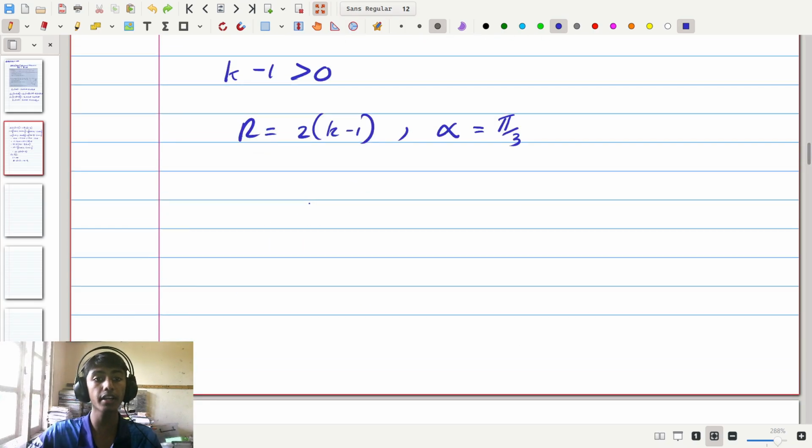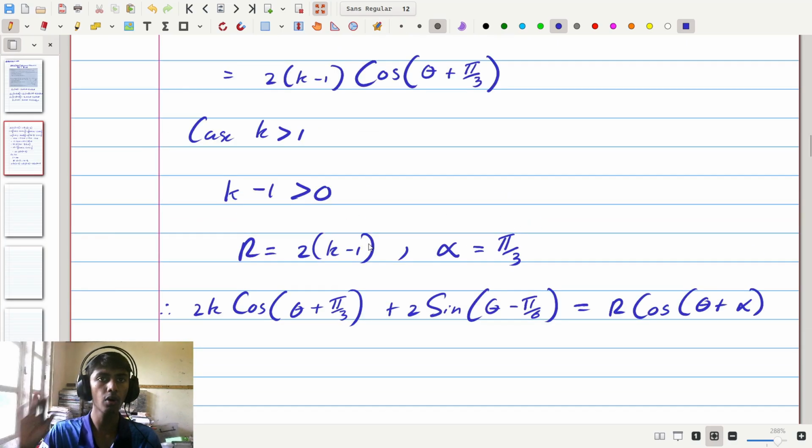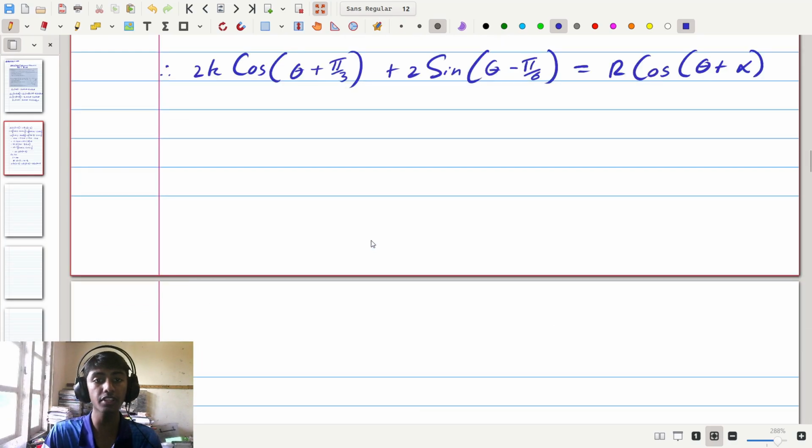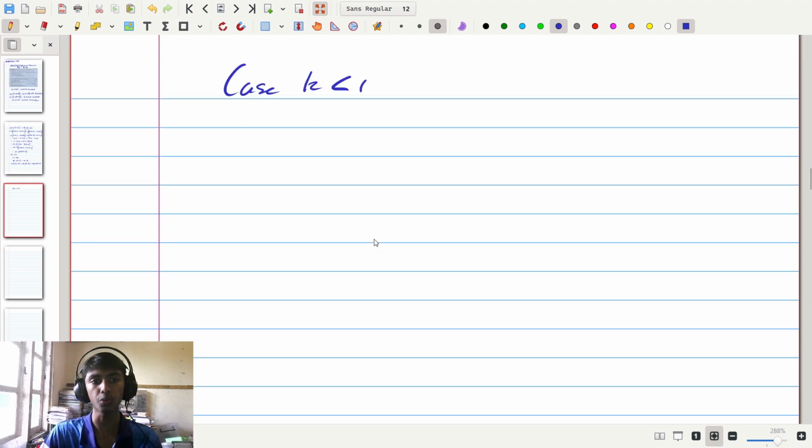And therefore we have the condition that we wanted, which is 2k times the cosine of theta plus pi by 3 plus 2 times the sine of theta minus pi by 6 being in the form of r times cosine of theta plus alpha, and hence we have solved for the case that k is greater than 1. Now that's all well and good, but if we then consider the case where k is less than 1, we will run into an issue,